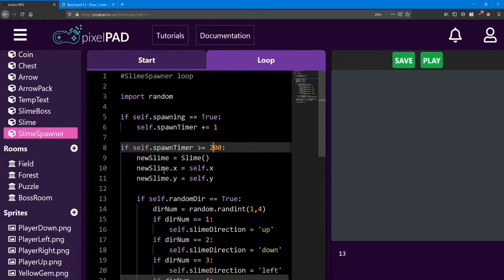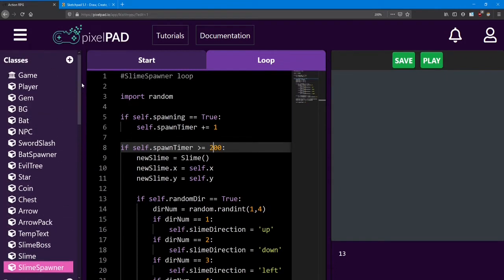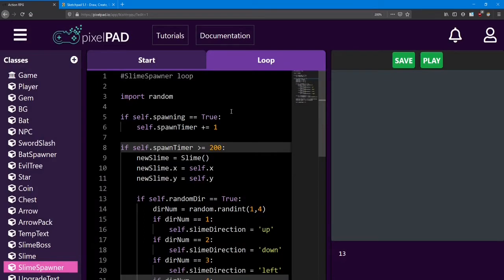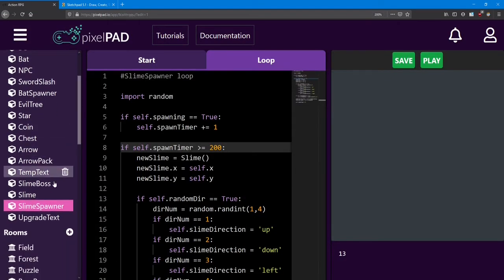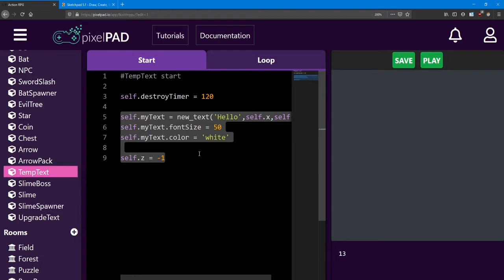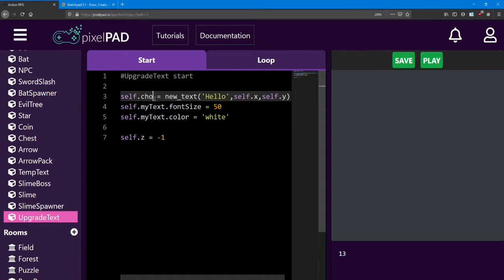In order to accomplish this, we're going to create another class. It's going to be similar to the temp text. We're going to call it upgrade text. Now in order to make this easy, I'm going to copy the code from the temp text, but I'm going to ignore the destroy timer. The upgrade text is going to stay on the screen until we make our choice. But instead of having one text, I'm going to split it into 3. So I'm going to call this choice 1,